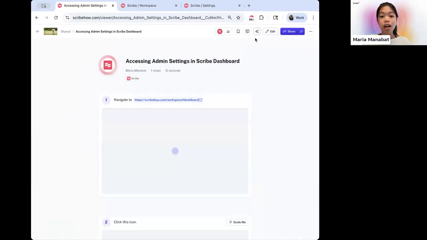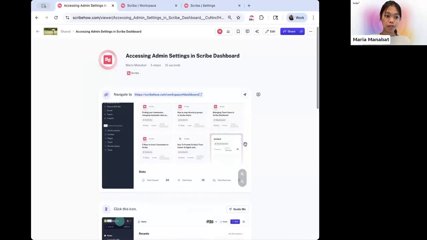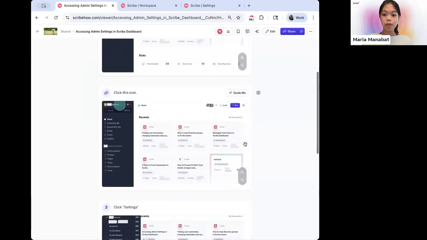Another great feature that I also like to shout out while we're here is the ability to comment on specific steps. This is perfect if you're onboarding maybe just a really small cohort of people and maybe they're confused about a specific step. I can comment right here and say Allison was the one who was onboarding me into Scribe, and I was confused about this specific step here.